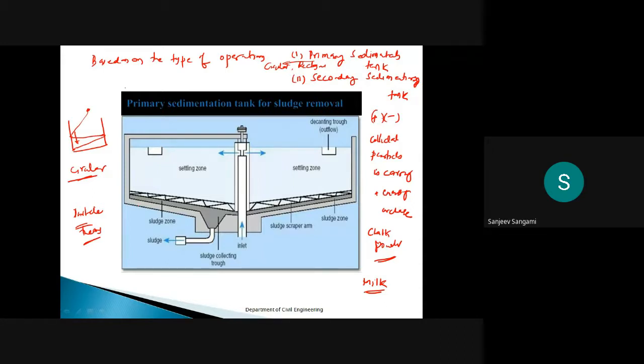For example, you have this particle and this particle, and you allow these two particles to bombard. Once they bombard each other, definitely you are going to observe a reduction of the solids, or a reduction of the charges.